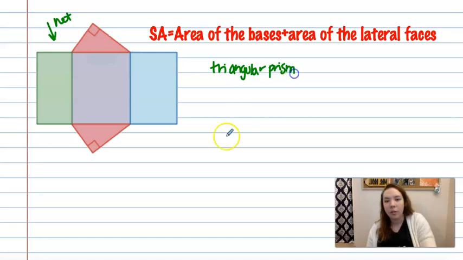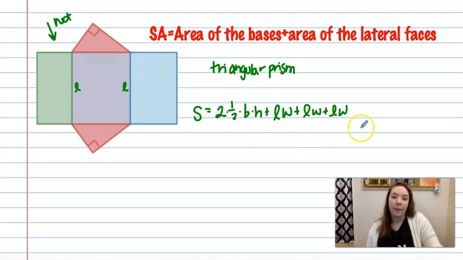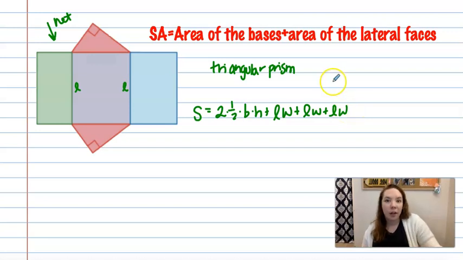So there's no set formula per se, but for our triangles we would have 2 times 1/2 times base times height. And then we would have these pieces where you have length times width, where the lengths and widths will probably vary, although it looks like they might have the same length, but they have varying widths. So there's not always a set formula or a nice, neat formula, but you can still figure it out